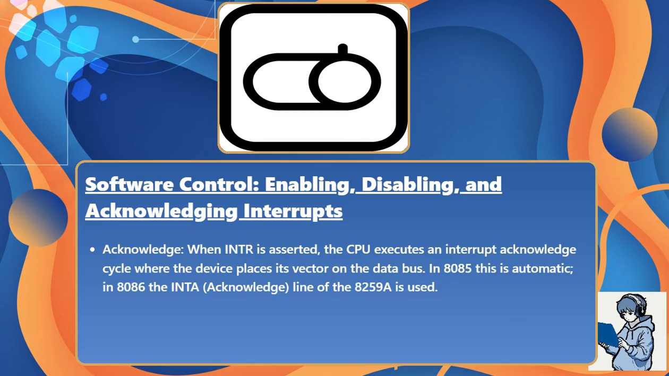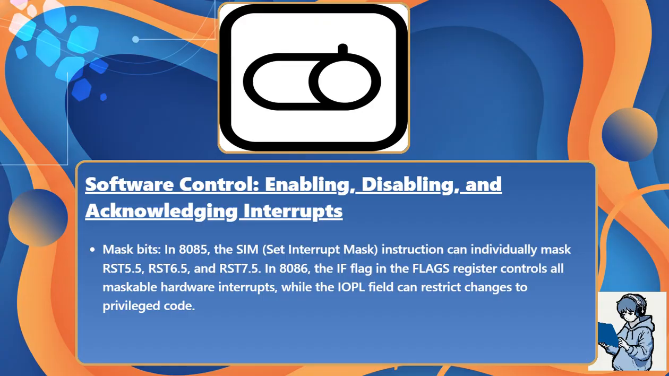Acknowledge: when INTR is asserted, the CPU executes an interrupt acknowledge cycle where the device places its vector on the data bus. In 8085, this is automatic. In 8086, the INTA line of the 8259 is used. Mask bits: in 8085, the SIM instruction, set interrupt mask, can individually mask RST 5.5, RST 6.5, and RST 7.5. In 8086, the IF flag in the flags register controls all maskable hardware interrupts, while the IOPL field can restrict